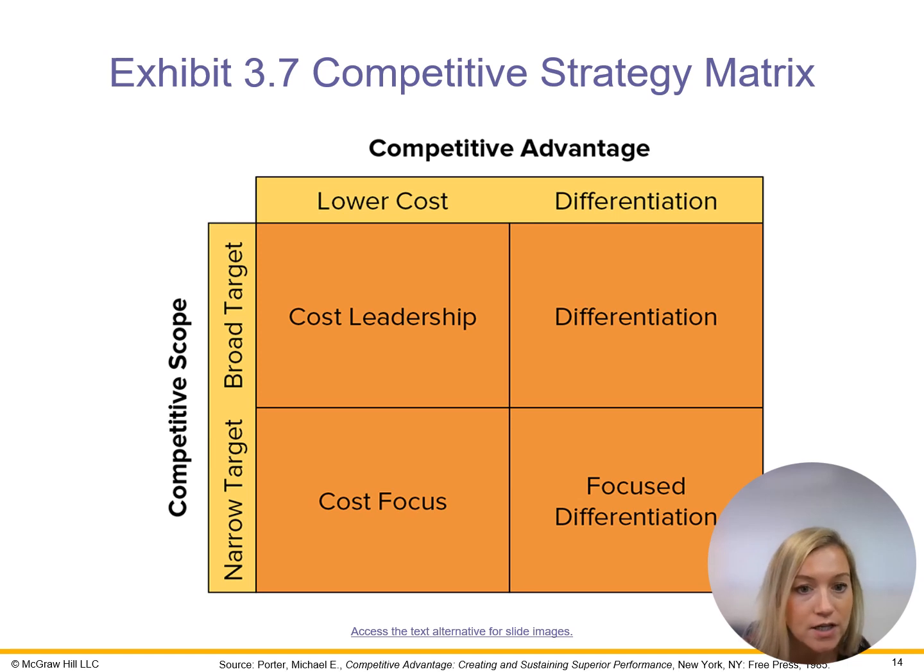The differentiation quadrant is when the organization competes on the basis of providing unique goods or services with features that customers value. They perceive it as being different, and for it they are willing to pay a premium. Then the focus or niche quadrant is when the organization pursues either a cost or differentiation advantage, but in a limited, narrow customer group, a strategy focusing on serving a specific market niche.